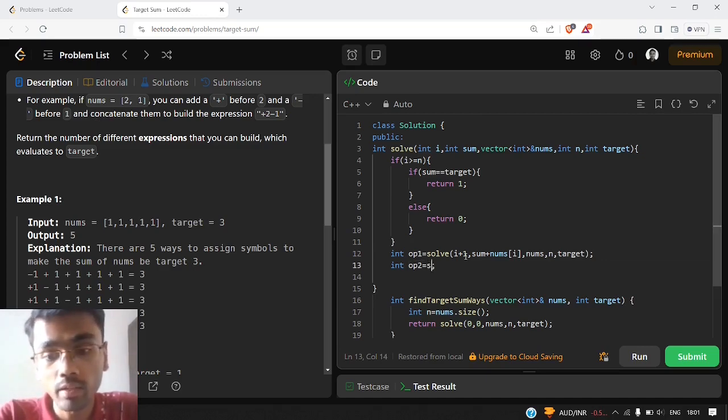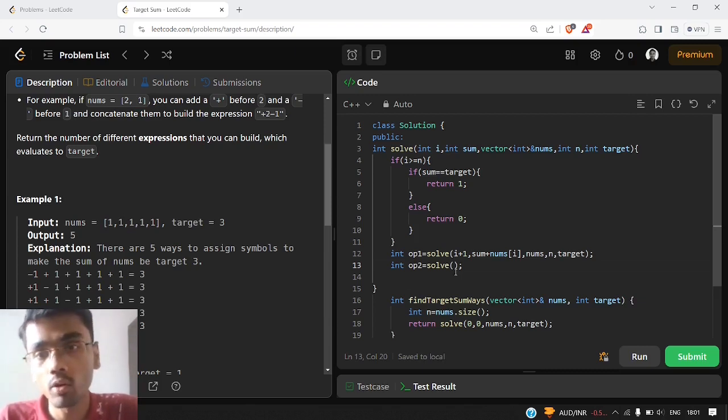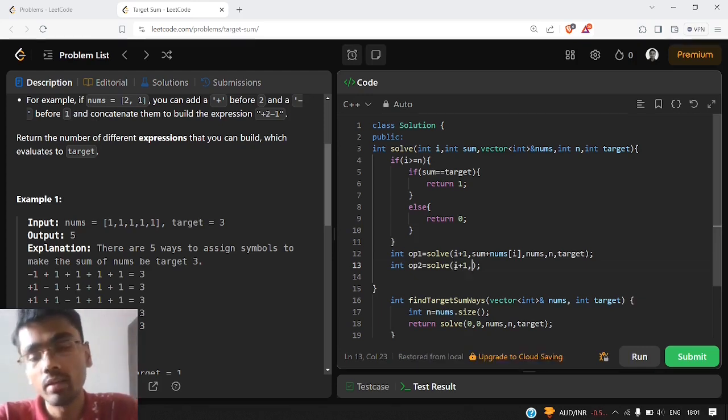Now the second case is the subtraction case, where let's say we are taking -1. We then move our index for the next possible scenarios. Again in subtraction we move towards the right, so that we can take further scenarios for combinations.